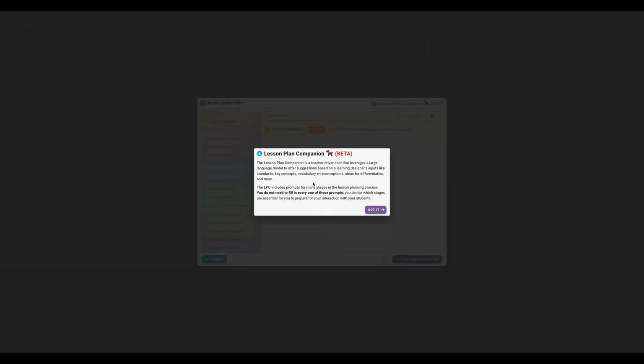So it works the same way here. The responses that you get from that large language model are based on your input. So the better inputs you give it as far as standards, vocabulary, etc., the better its responses, the more specific the responses are going to be.